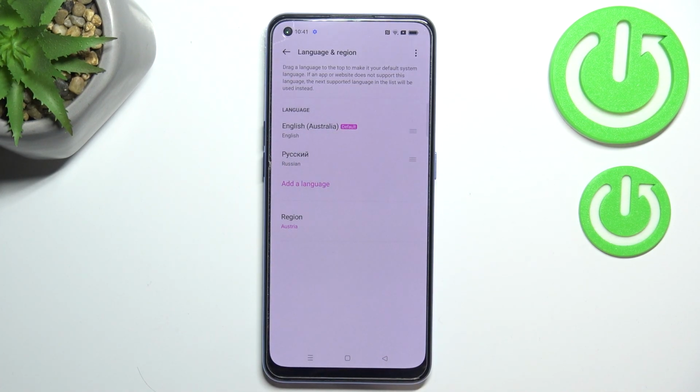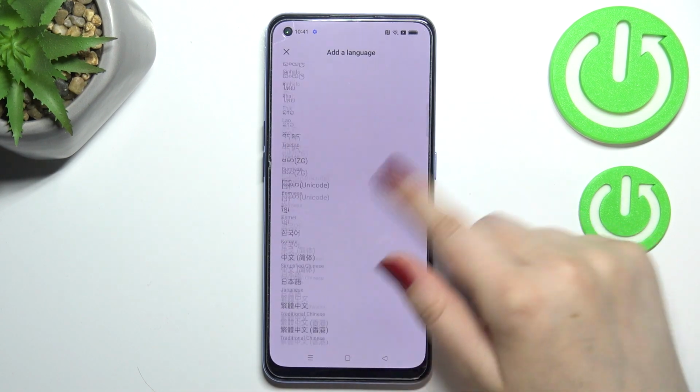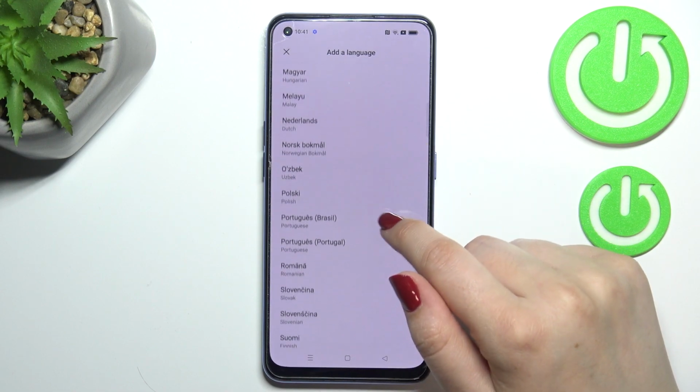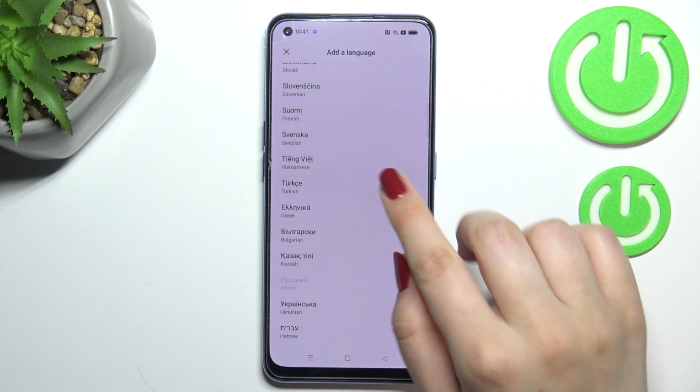We've got the English and Russian right now, so let's tap on add a language, and here we've been transferred to the full list of all available languages from which we can choose in this device. So basically all we have to do in order to change the language is to simply tap on the one